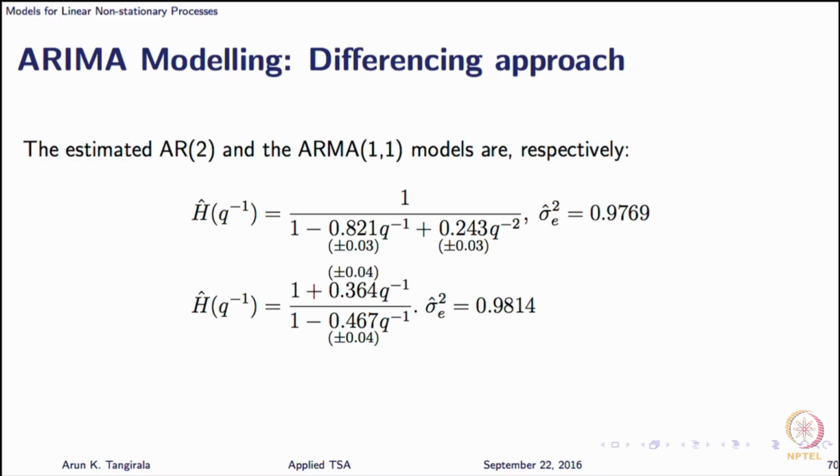Now, you can apply AIC to these two models, you can look at one such criterion, but I am not applying any AIC; just for the sake of illustration we will select AR2 primarily because you obtain unique estimates, that is one reason. The other reason is you can see sigma square E is lower. Your estimate of sigma square E is a reflection of how well you have managed to predict or capture the predictable portion.